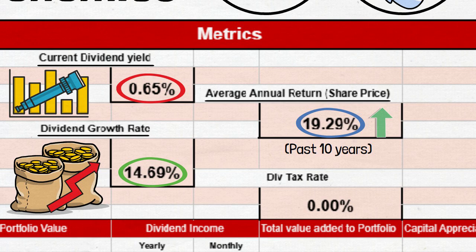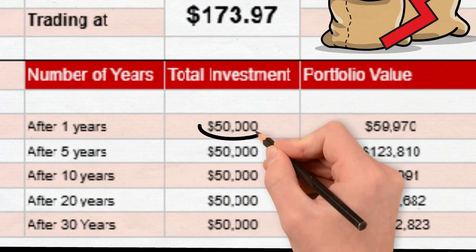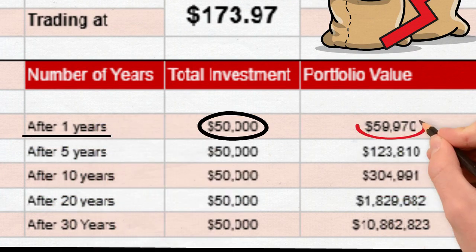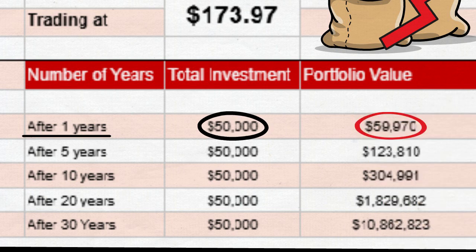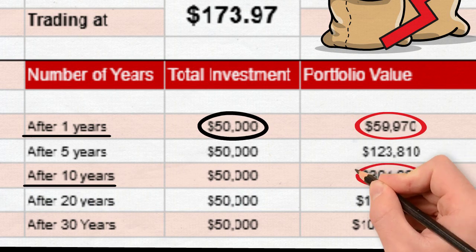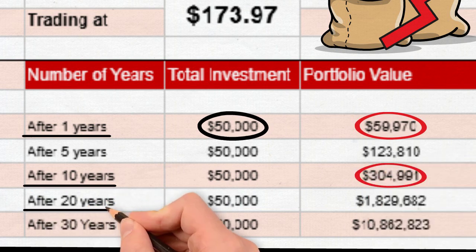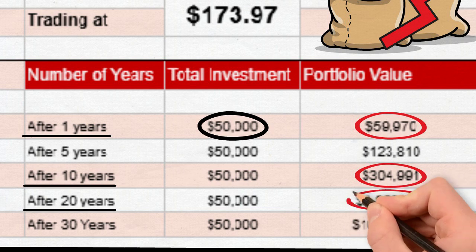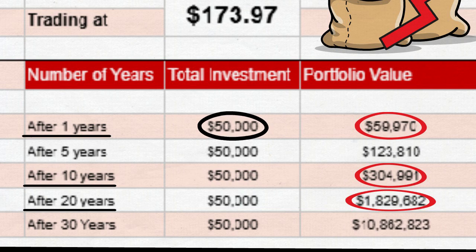So what kind of returns can you expect if you invested $50,000 in FTEC today? After just 1 year, your investment could grow to about $59,970. In 10 years, that $50,000 could transform into approximately $304,991. Stick with it for 20 years and your investment might soar to $1,829,682. And if you're patient enough to hold on for the full 30 years, your portfolio could reach a staggering